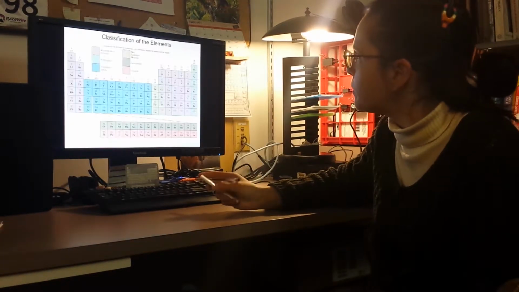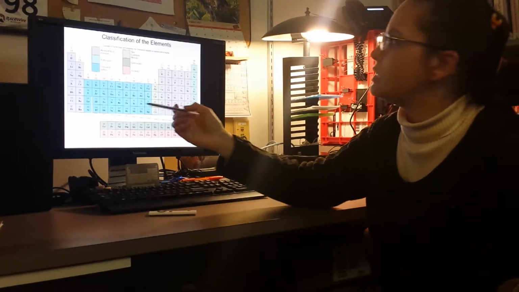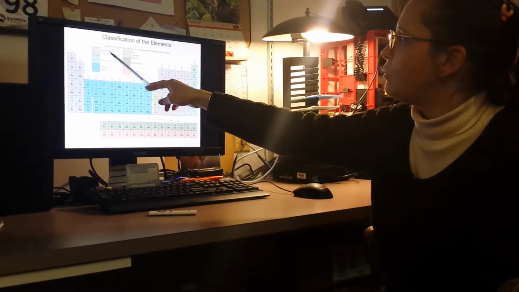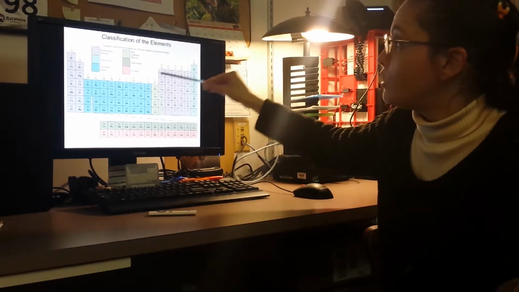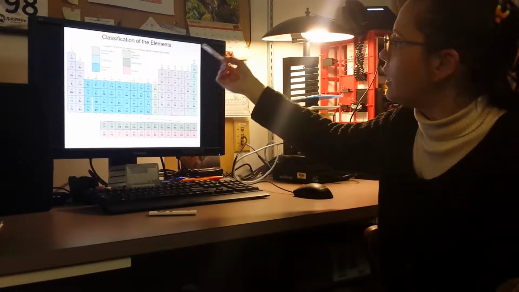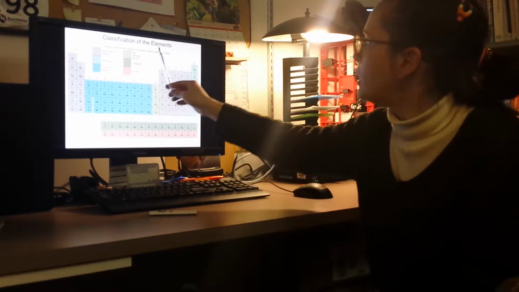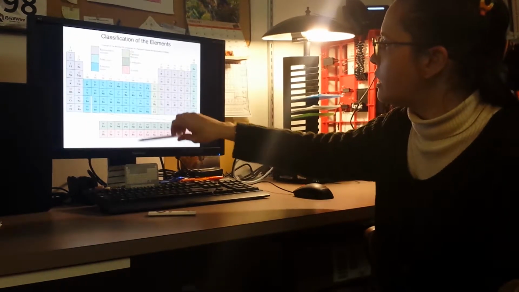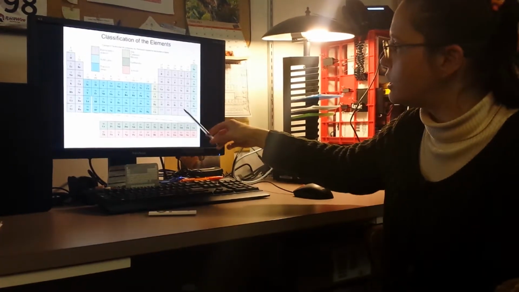So then, how are the elements going to be classified on the periodic table? Well, these are classified in 6 major categories. First of all, we have what is known as the representative elements, which are these ones in gray. We have the noble gases, which are over here in group 8A. We have the transition metals, which are these ones in here. We have the zinc, cadmium, mercury series, which is this right here. And then we have the lanthanides and actinides, which are these two down here, which are displayed on the periodic